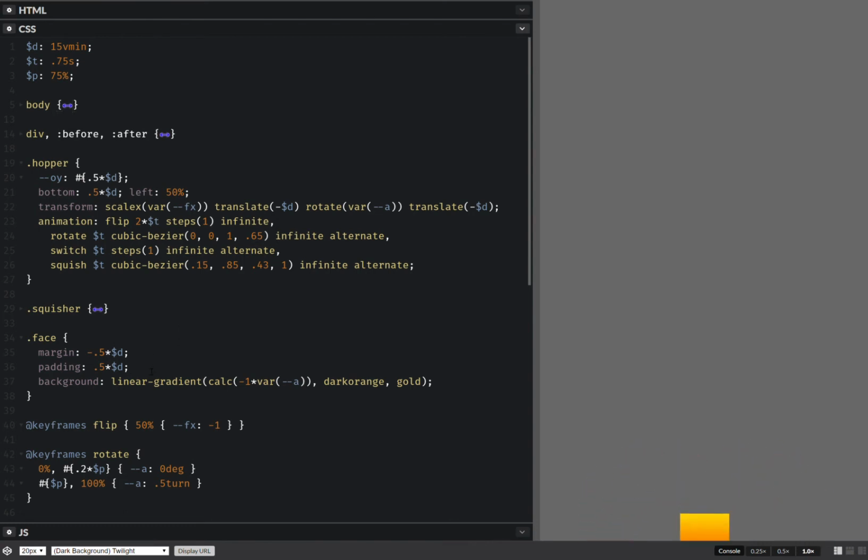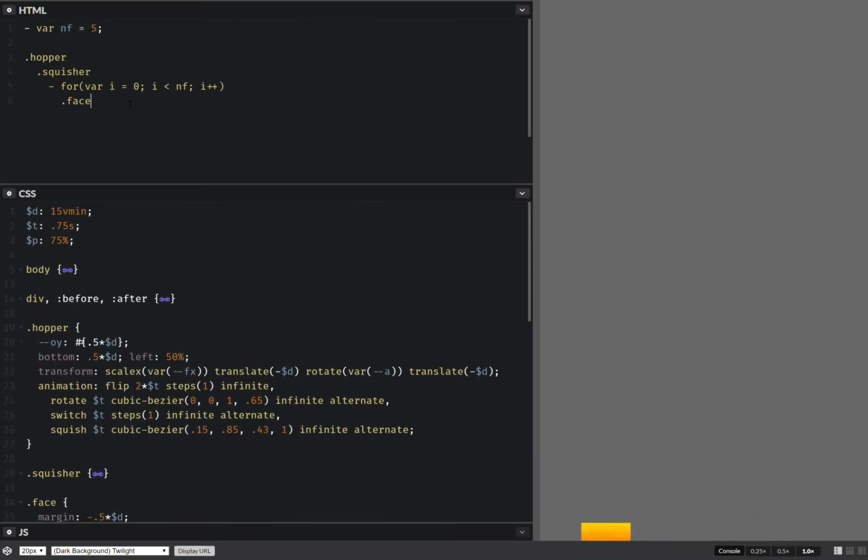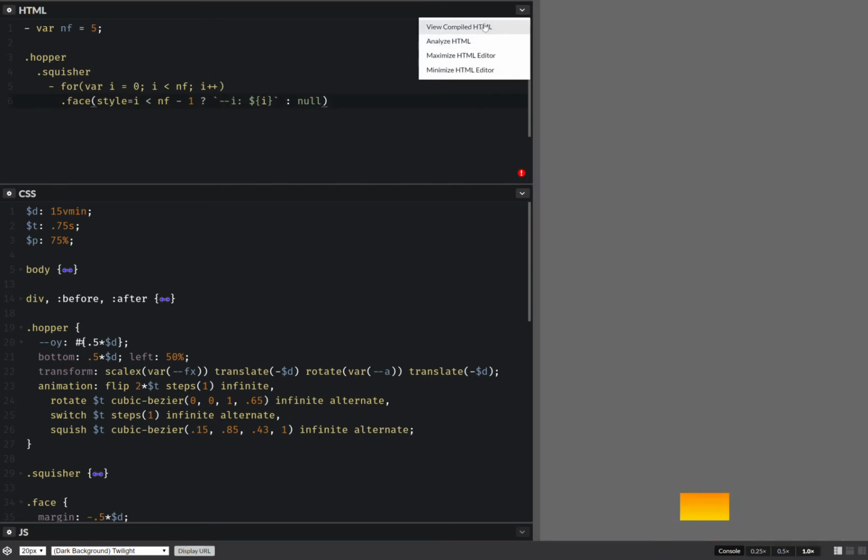Now for the transforms. Well, first off, I want to set some indices here. So style, and here I have if I is smaller than the number of faces minus 1, then I have an index I equal to the loop index. Otherwise, no style, just null. And if I check this,